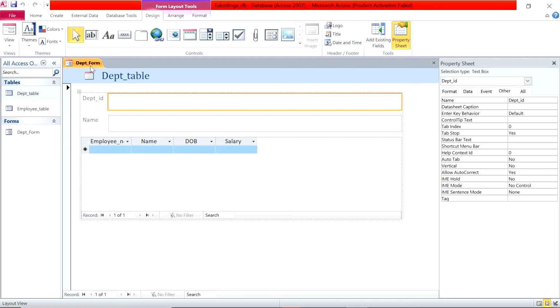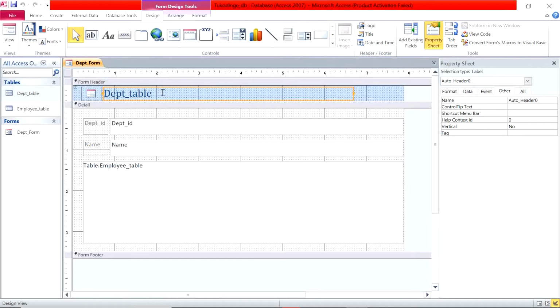So if I want to make changes to my form, let's say I want to change this title from departments table to departments form, I'll right click and go to design view. So I can remove this and call it form. Okay. So I'll right click and then click on save. Alright, now that our form has been saved, we can use this form to input data into our